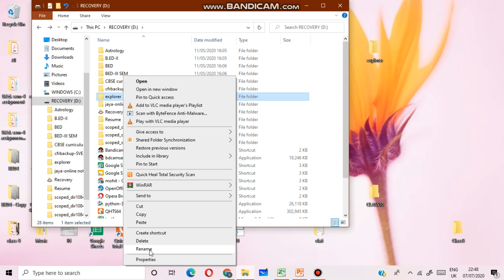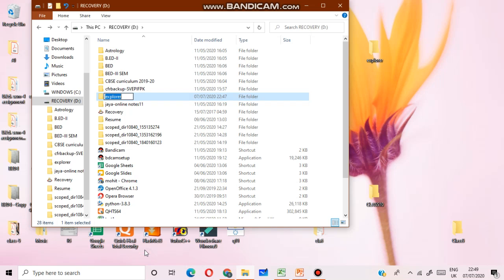You can see the pop-up menu. Then what will you do? Rename. Then you can change the name.